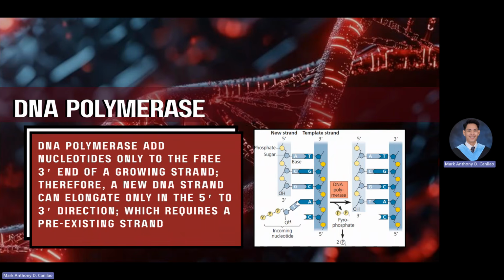Okay, so this is the most important enzyme that we have for the elongation phase. Earlier, we mentioned the enzyme primase, which is used to create an RNA primer. And the RNA primer signals DNA polymerase to begin synthesizing the elongation. DNA polymerase is categorized into two, namely DNA polymerase 1 and DNA polymerase 3. But the primary function of DNA polymerase is to add nucleotide bases. So DNA polymerase 1 removes the RNA primer and DNA polymerase 3 adds nucleotide bases.